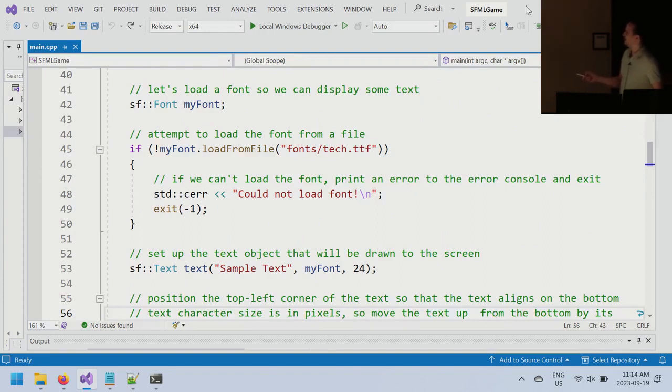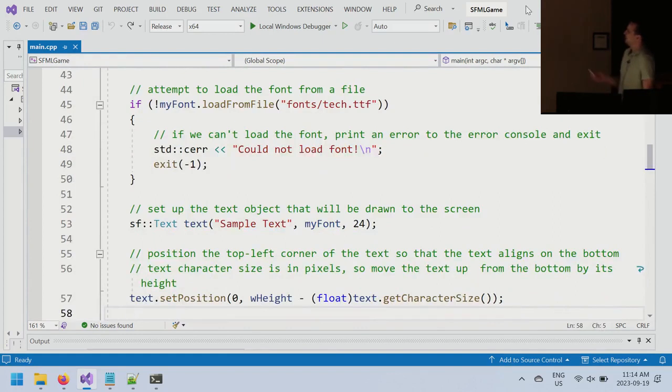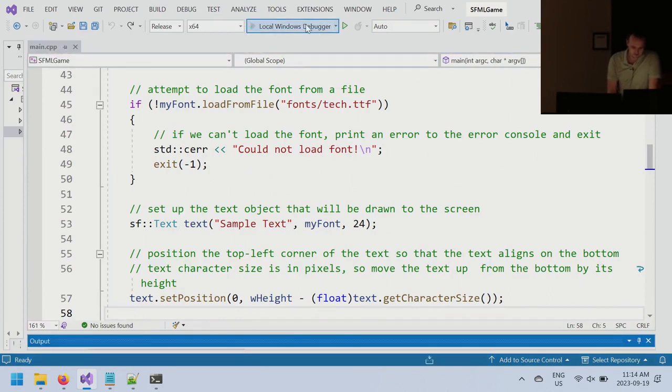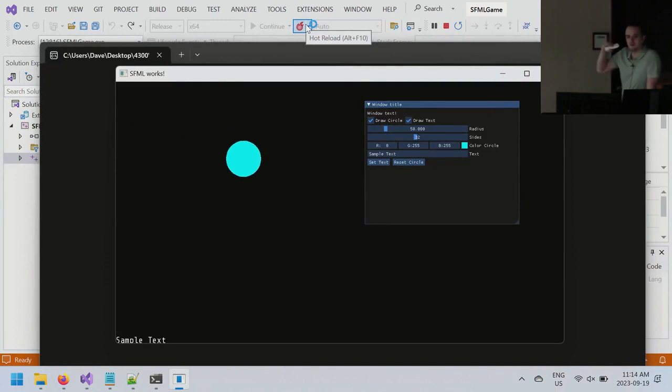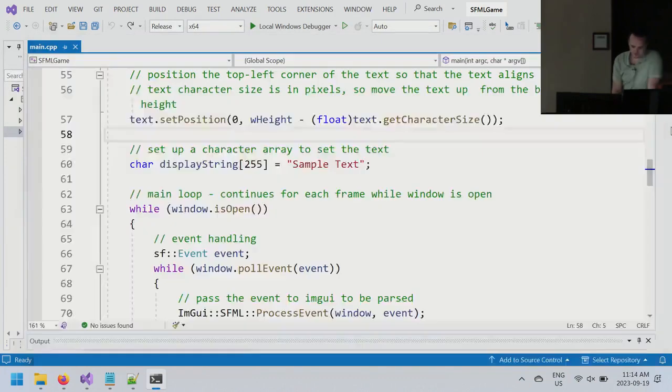It takes in a font object, which is my font, and it takes in a font size, and that's the size that will be drawn to the screen. Now what we want to do, just for demo purposes, is I've shown you how to position the font file. So if I run this again, you can see here sample text is being drawn with the very bottom of the text at the very bottom of the window. And so in order to do that, I have said